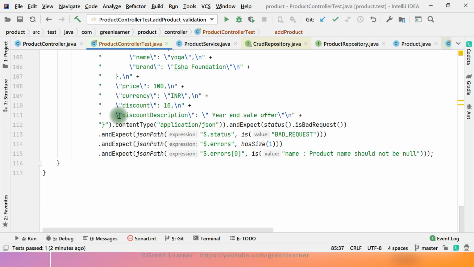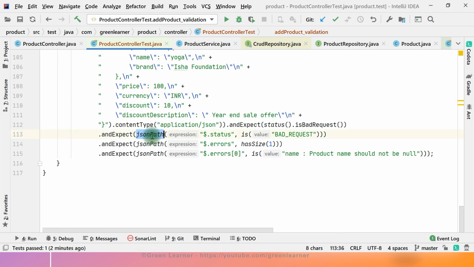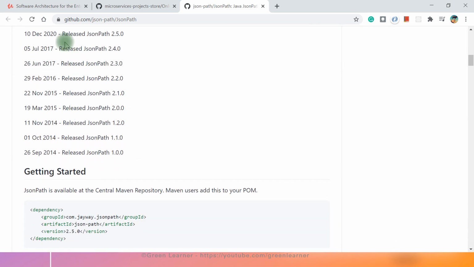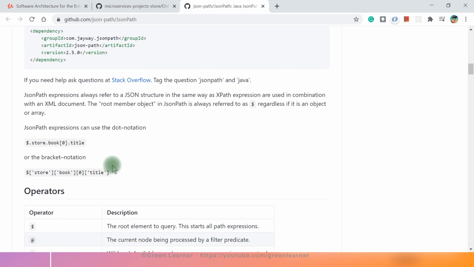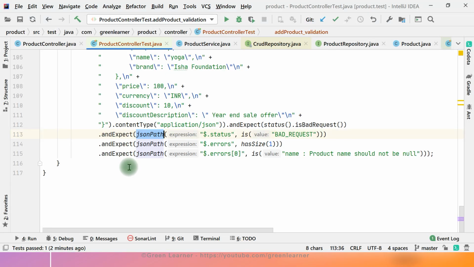All right, so that's all that I wanted to explain about the controller test, and this was a pretty good part. If it is difficult to figure out how to do this, just go to the documentation part. If you click this JSON path here, you will get all the information about this one, right? So documentation is great to go to if you're stuck, blocked, and not able to proceed. This is a good place to go, and you can get all other scenarios that are specific to you. And in all other scenarios, in the future microservices also, we are going to write more integration test cases. So probably all the test scenarios will be covered here.